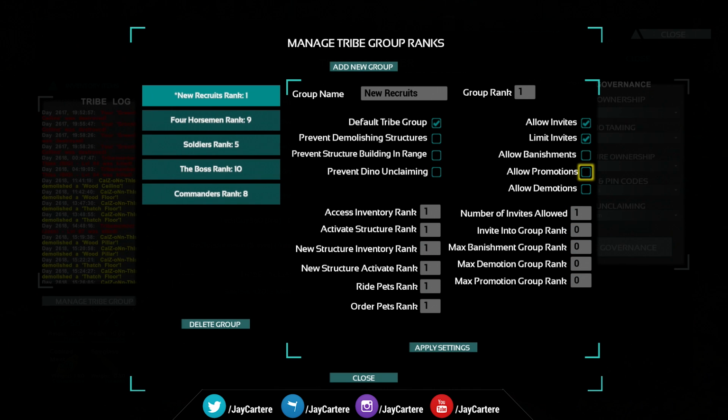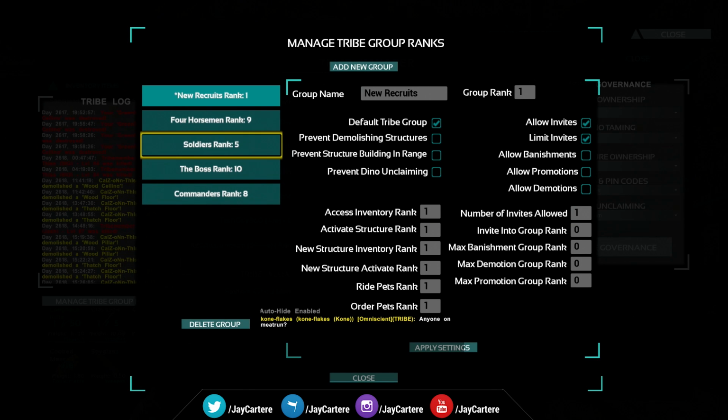You do have to actually allow those before they can, so it doesn't really matter what numbers you put here if you haven't let those be allowed. I've allowed invites just so one of my new recruits can invite another one if I'm not online. If I've just put another recruit into the recruitment base, then they can easily link up and work together. And then next up would be the soldiers group rank,